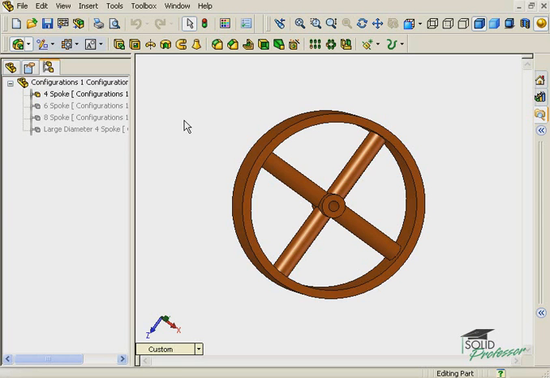Configurations are a very powerful tool in SOLIDWORKS. They can be used for a wide variety of purposes, from creating families of parts, to what-if variations, to creating simplified representations of a part. The great benefit is that configurations allow you to do any of these things, and more, all within one single